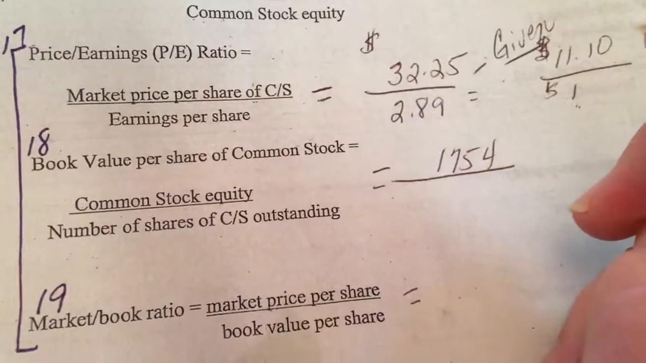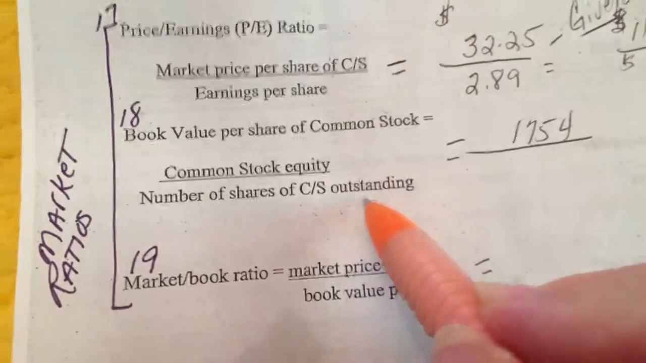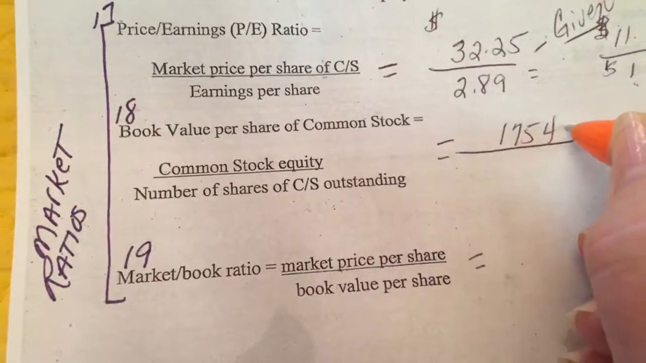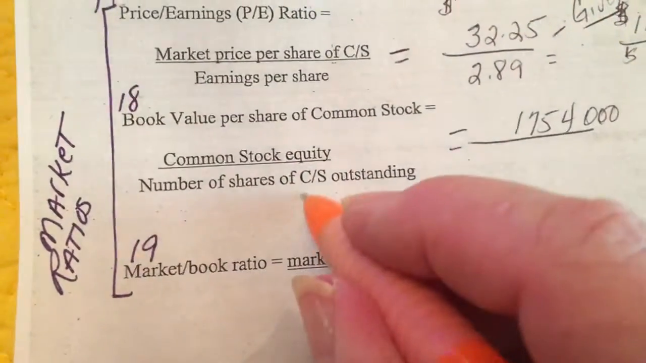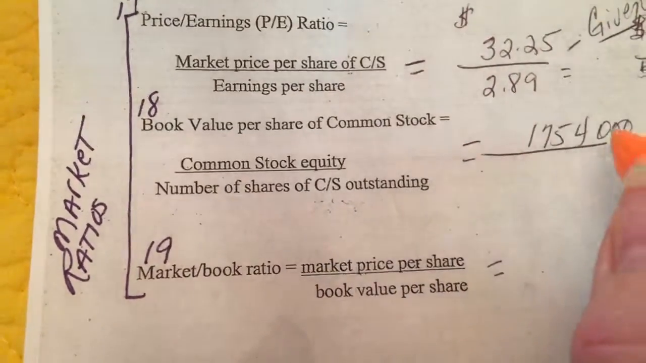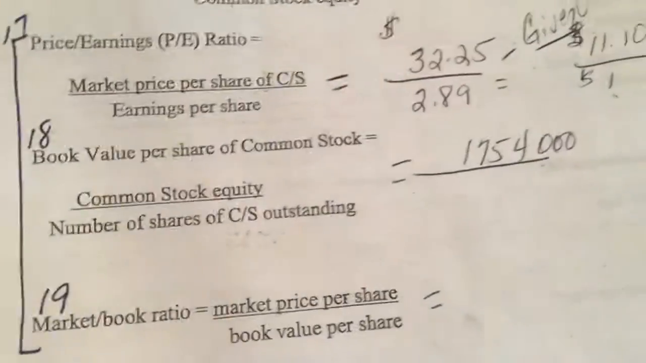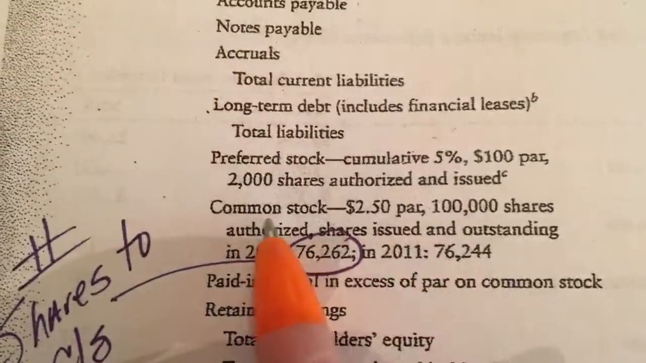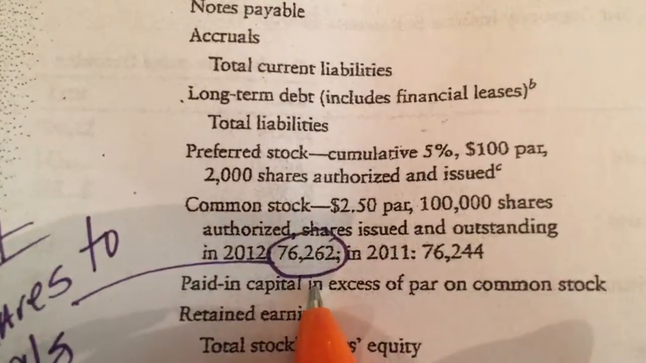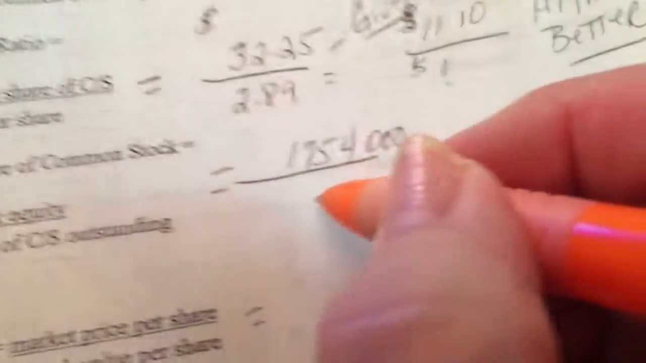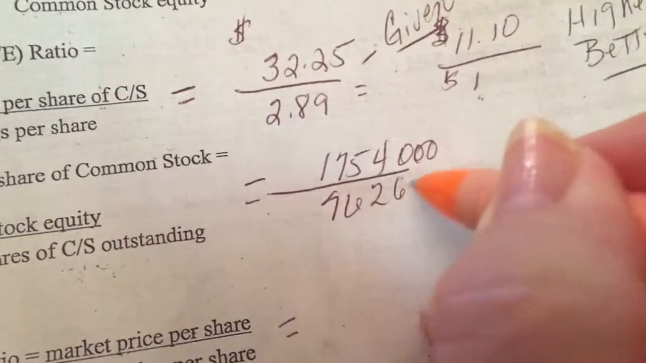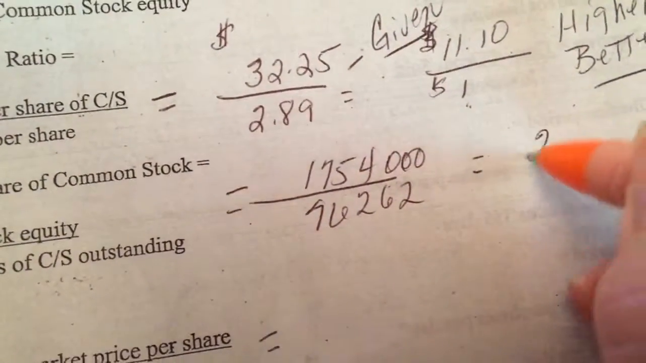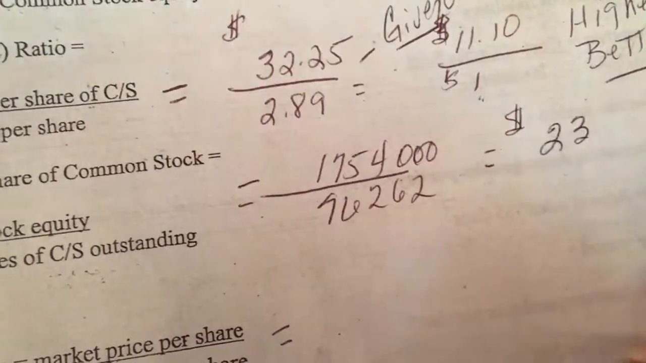And we want to divide that by the number of shares of stock. The only way this will work is if we put the 3 zeros behind it. So anytime you're dividing by number of shares of stock, you have to add your 3 zeros. You can't truncate it. Let's divide that by the number of shares of common stock, which is found on your balance sheet over here, 76262. Now, dividing that through, that gives you $23